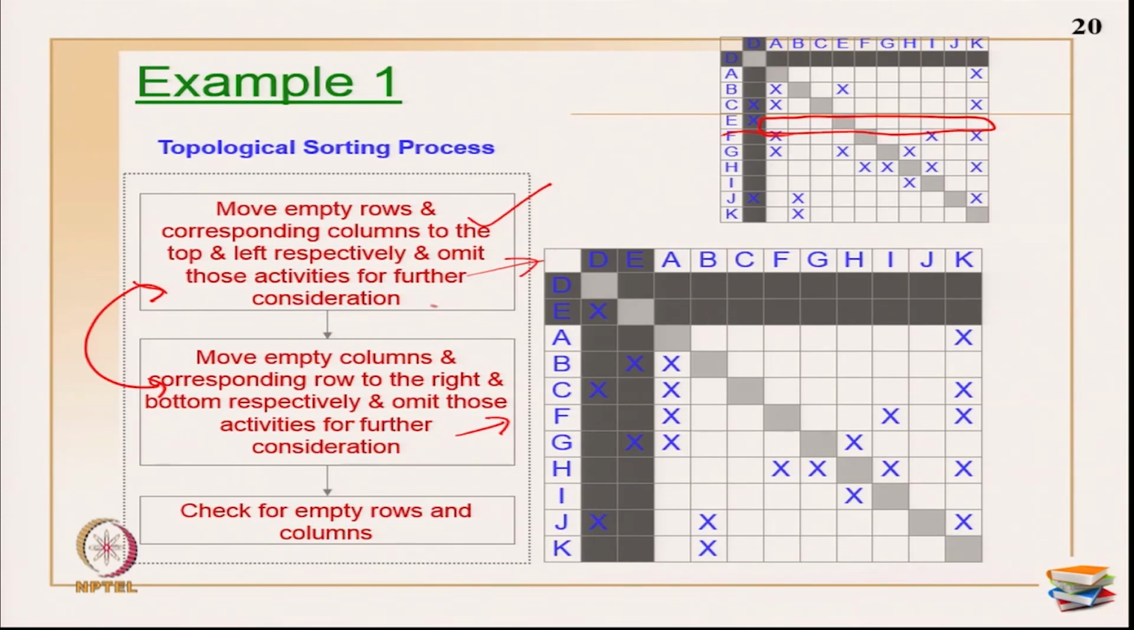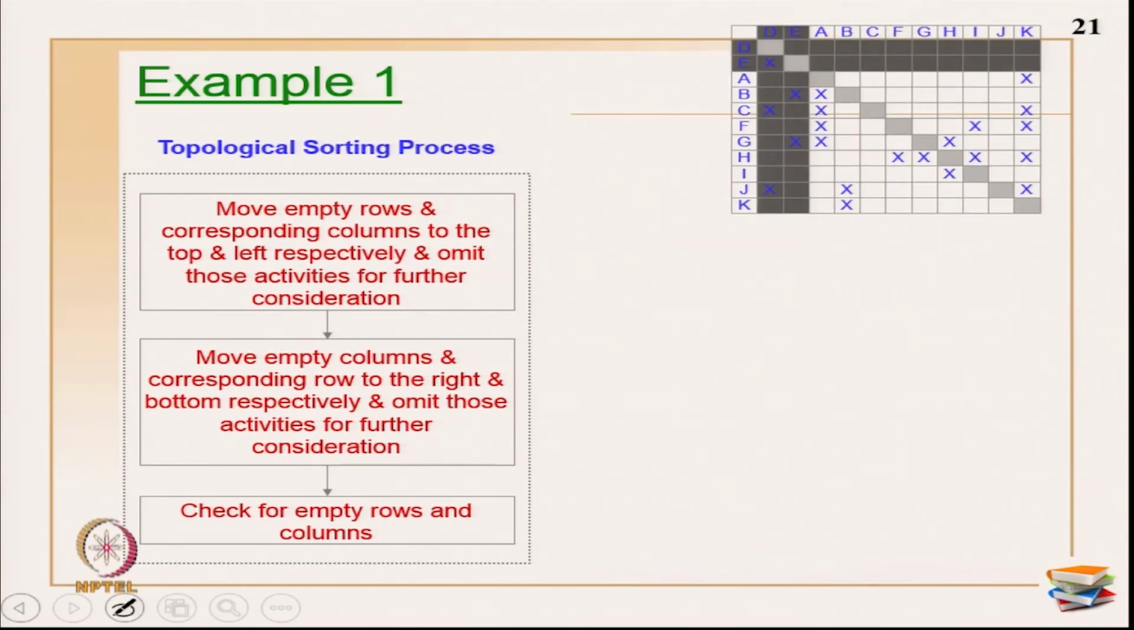Primarily what I have done is I have finished all, this step is over now. I am going to go to the next step now. This is my last step. I have shown this picture in the top corner. Now, move all empty columns and corresponding row to the right and bottom respectively and omit those activities from further